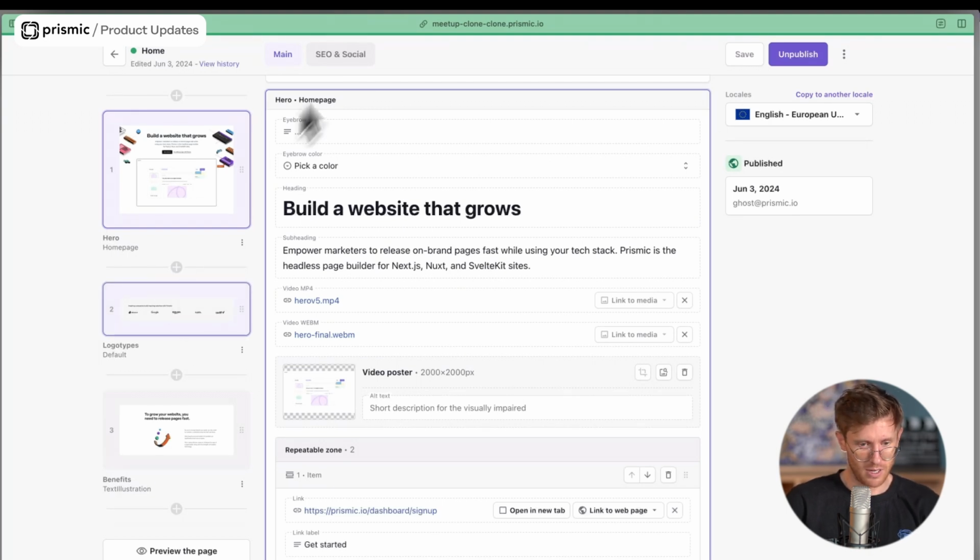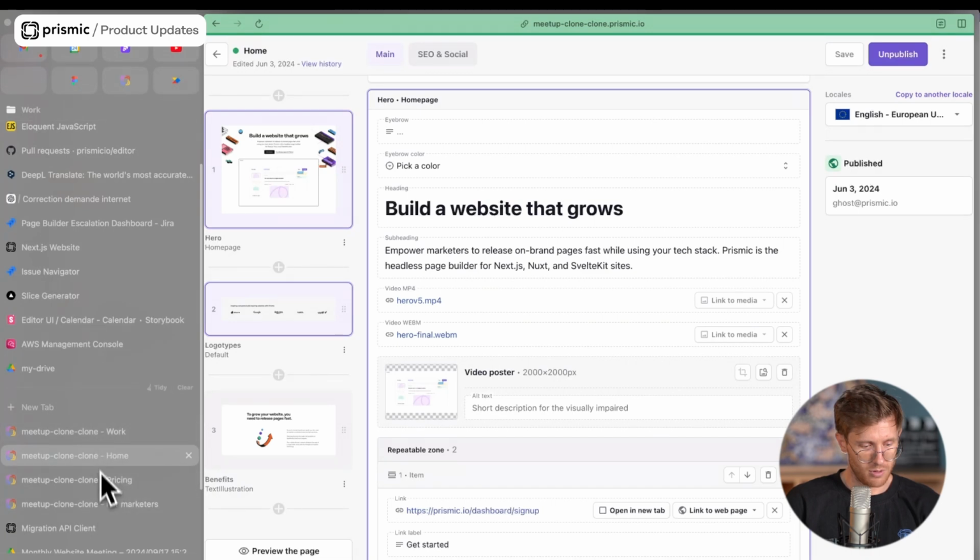The first one is I can hit Command C. You see there's a little toast there. It says that these two slices have been copied. Or alternatively, I can find the copy and paste in the slice menu, and I can click that, and it also shows me that I have two slices selected. So if I had 3, it would tell me to copy 3, etc. But again, in this case, I just want to copy these 2, and then I want to go back to